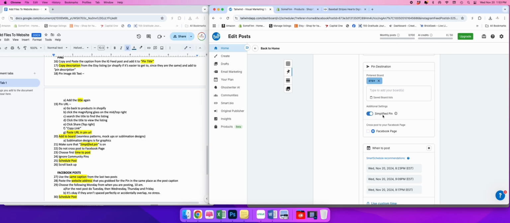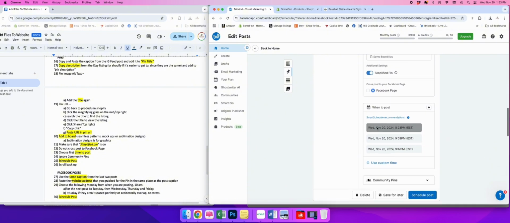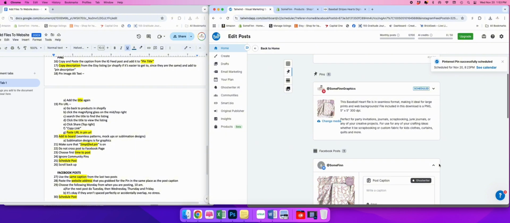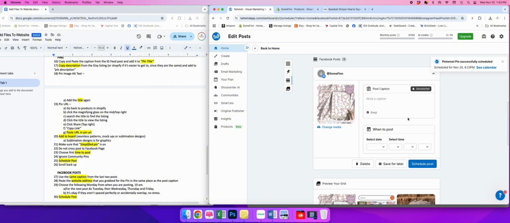Simplified pin needs to be selected. Don't worry about putting it on the Facebook page. So you can go ahead down to the schedule posts. And again, you're just going to pick the first option available. And don't worry about community pins. Just go ahead and schedule post. And that puts you at the last one, which is the Facebook post, which you're literally just going to copy